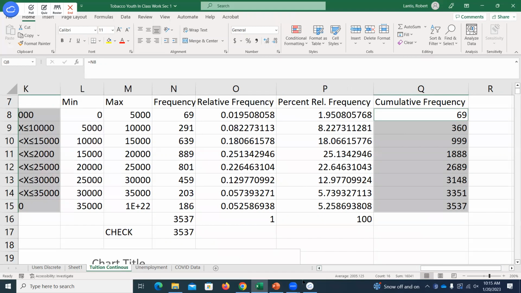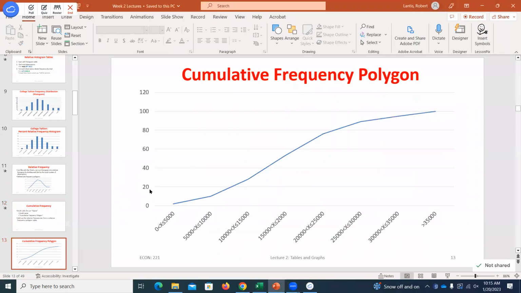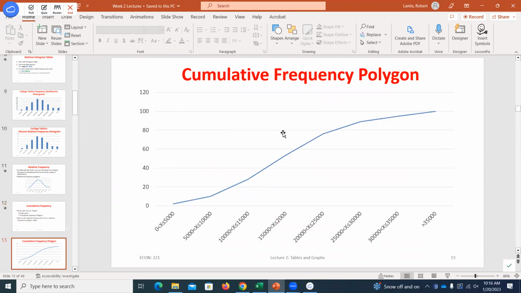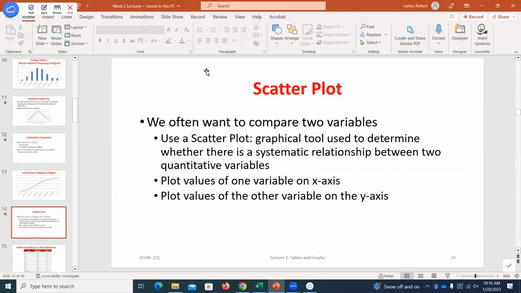So, where was I? Oh, I have some stuff in the slides here. I think that technically I'm not going to expect you to know those, but these cumulative frequency polygons are called ogives, which I didn't know until I started teaching this class. I just always called them cumulative frequency graphs, but I guess there's a specific name for them. So we'll see these used from time to time, with the nice visual that we created already. The next thing we're going to do is start looking at some other graphs we can do in Excel, and we can do them pretty quickly.